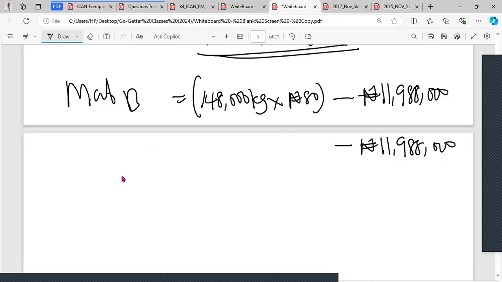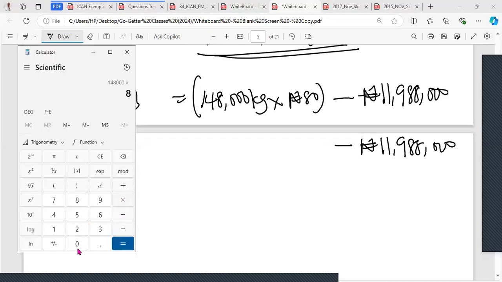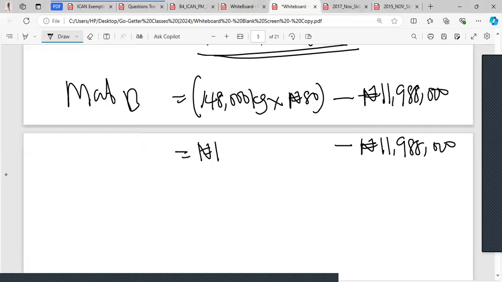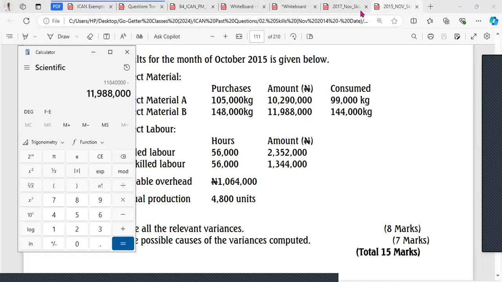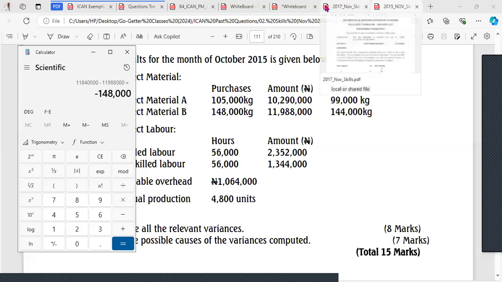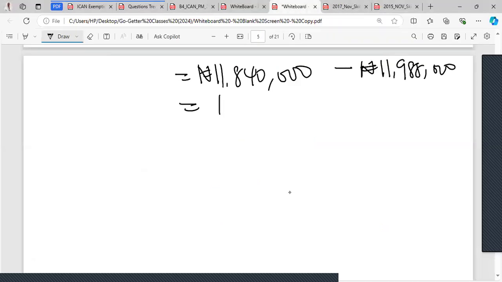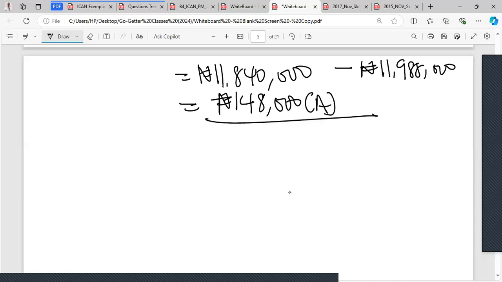Tidy up this one here. We have 148,000 multiplied by 80. So that gives us 11,840,000. So let's see what the variance is, minus 11,988,000. Sure it's 988. 11,988 is fine. So that gives us 148,000 adverse. All right, so we are done with